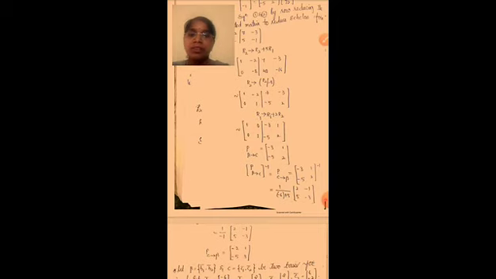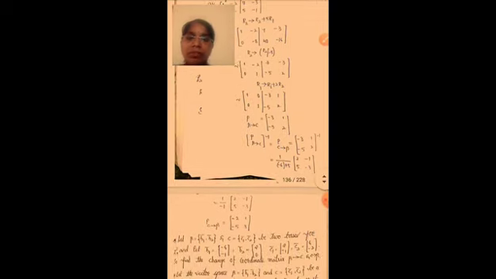So 0, 0 plus 1 is 1, and next minus 2 plus 2 is 0, and next minus 5 times 2, minus 10, plus 7 is minus 3, and next last one is 4 minus 3 is 1. So next P beta to C, here we get the value, is minus 3, 1, minus 5, 2. So P beta to C whole inverse is equal to P C to beta,